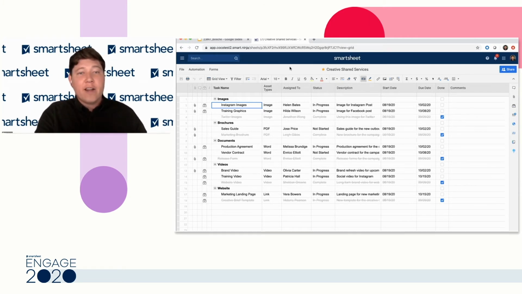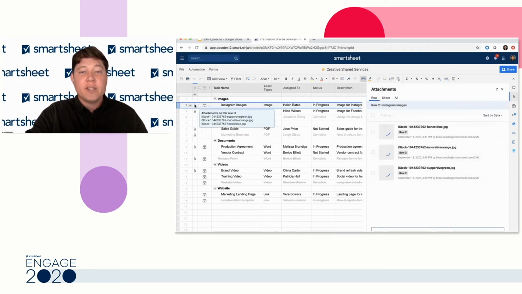So as you can see here, I've laid out a project plan where I have the name of the task and deliverable. I have what type of image it is and what type of asset, who it's assigned to, the status, the description. So I can plan and track everything through this entire process using Smartsheet. That's what Smartsheet is great at, that workflow component where you're actually assigning work out. This is also what attachments is great for. So if I have these Instagram images, I can make sure with attachments that my designer has everything they need to actually deliver on this asset itself.